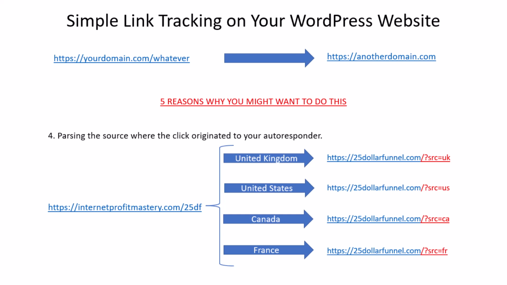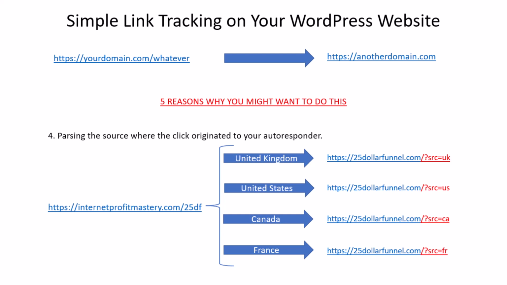$25funnel.com, but you'll notice on the end of the URL, I've got source there, src equals, and you can see UK, US, Canada, and France in my examples here, but there's no limit to the countries that you can code in this way. Now what happens here is that obviously I can send that information into my autoresponder, which, as you'll see in a moment or two, is something else that is additionally powerful in what you can do with